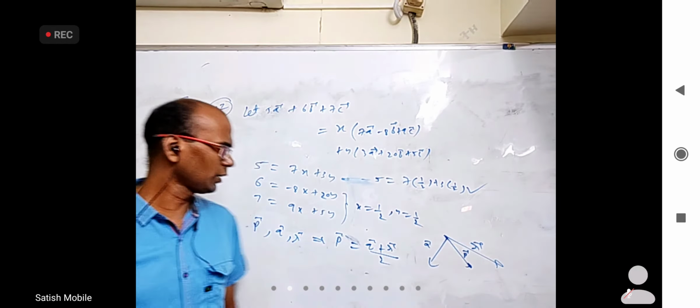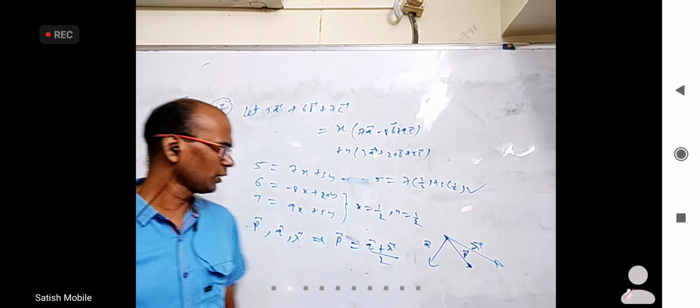Okay. But whether they form a triangle or not, for that I said already. So I can write this statement. If the given three vectors you call P, Q, R, we already checked, or you can check P plus Q is not equal to R bar, Q plus R bar is not equal to P bar, and R plus P is not equal to Q. And P plus Q plus R is not equal to 0 bar.